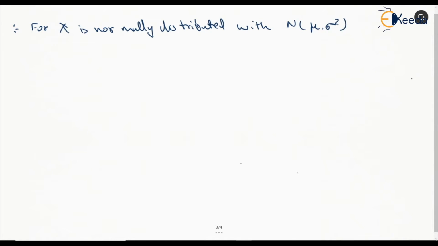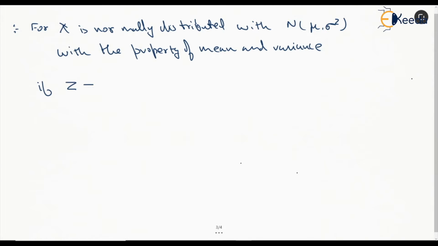So for x normally distributed, let's say with mu and sigma square, with the property of this variance and expected value, mean and variance, we'll see that if there is a transformation like z equal to x minus mu by sigma,